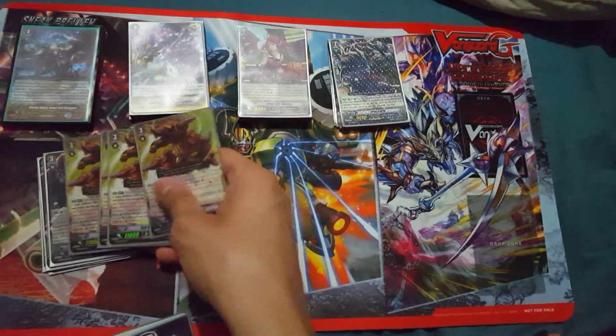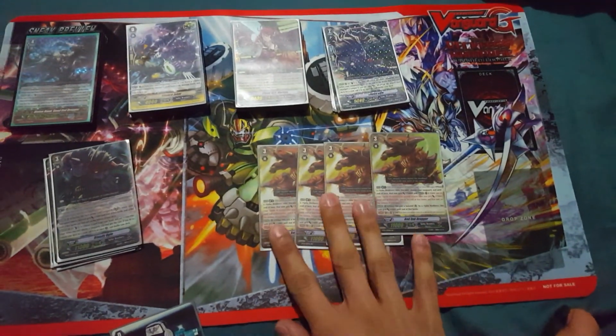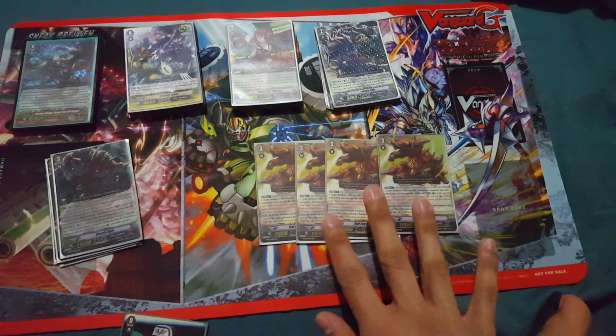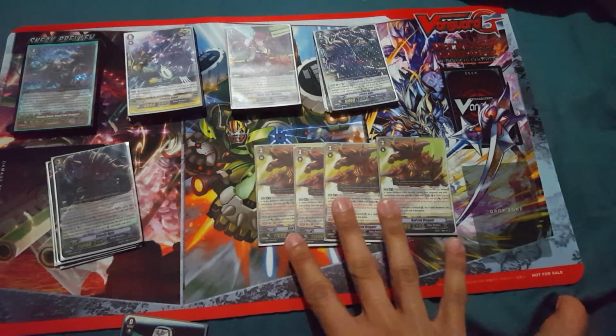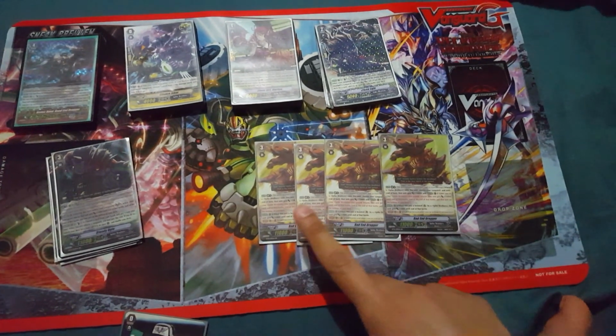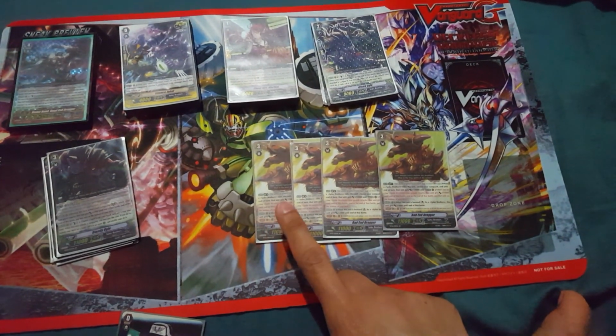So I finally got my 4 Bad End Dragger. This is the main card. You want to ride this first before you can ride any other grade 3. So yeah, once you did the Break Ride, you will